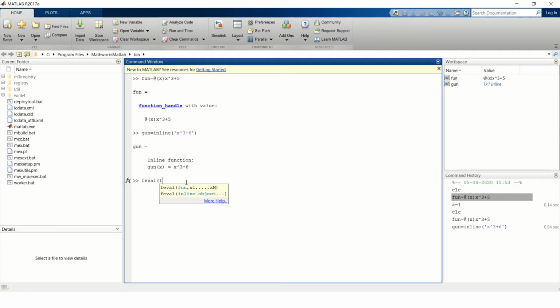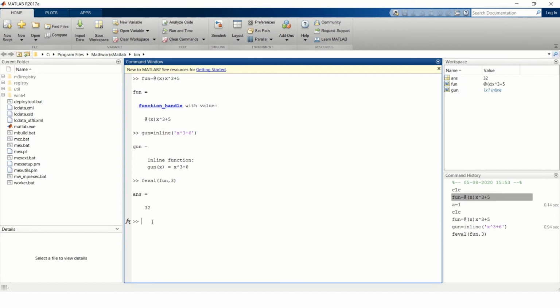Let's say fun is the name of the function stored in our memory, comma, then we provide the value of x. I'll enter 3, enter. If we put 3 in this equation, it will get evaluated to 32.